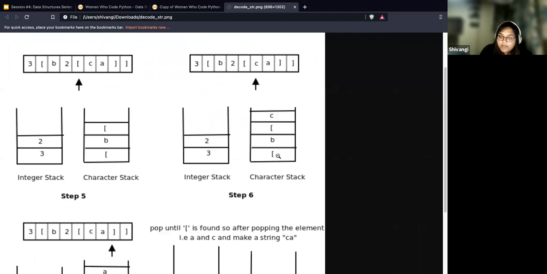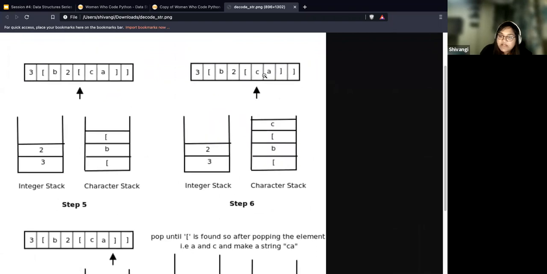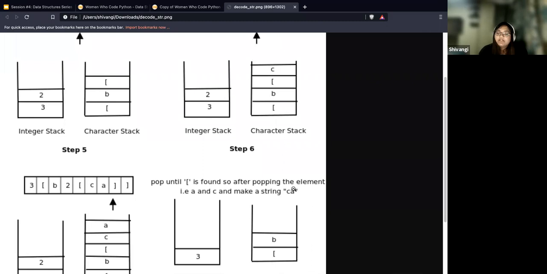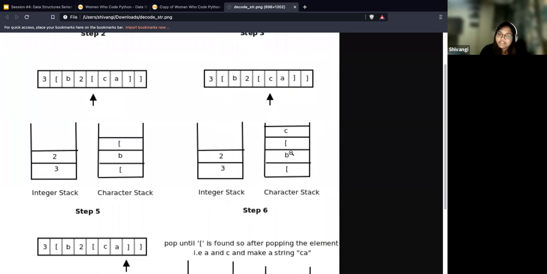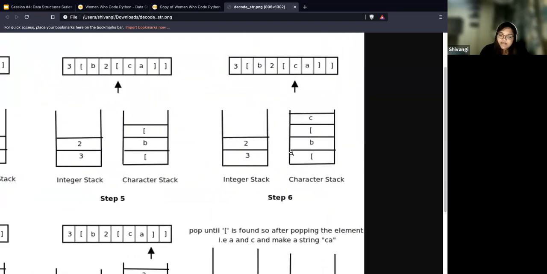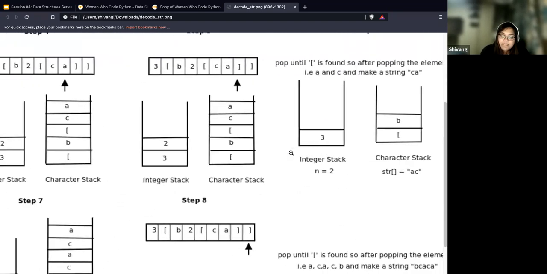Since C and A came first, A gets popped first and then you get C. So you would want to reverse the string, which is essentially how it was in the original string, CA. So if the popped string was AC, you would reverse it and make it CA.